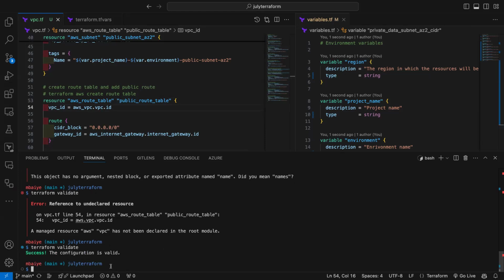All right, so I can go ahead and say I want to now apply this Terraform apply to